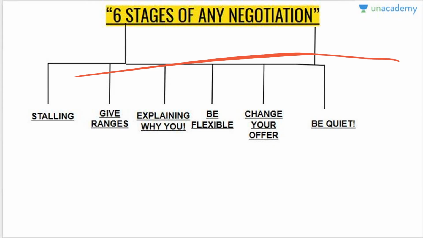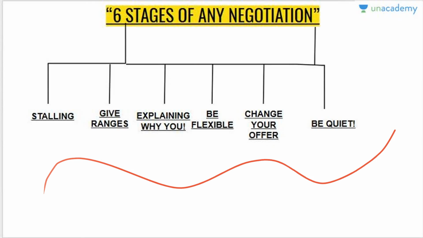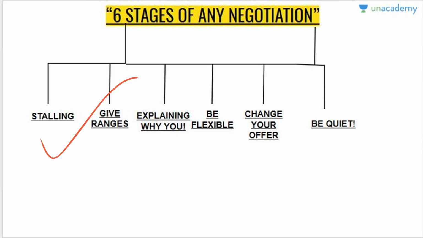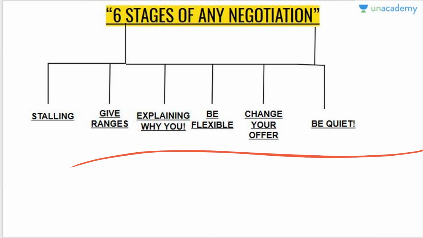Now, 6 stages of any negotiations. These are the 6 stages that are involved in negotiations. Also, today it is not from the business perspective. Some phrases I have used which you could also use when you're going through some interview, right? So the first is stalling. Okay, I'm not going to give meaning here. We'll discuss the meaning later. It will confuse you if I give the meanings of all these phrases here.